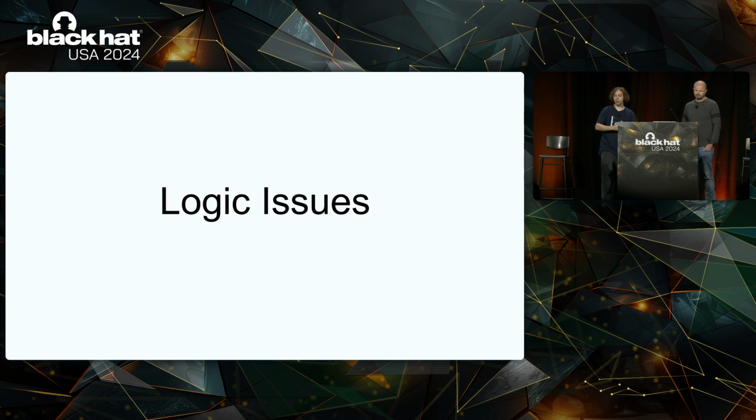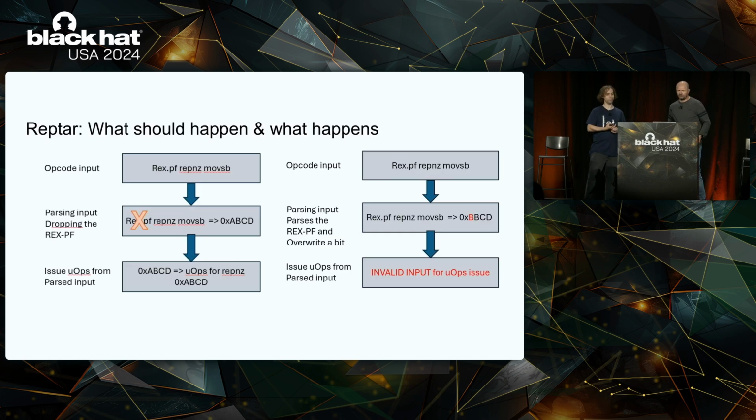All right, let's talk about these in a bit more detail. Let's start with the first category that we mentioned at the bottom, logic issues. One notable example here was Reptar. How does Reptar work? Reptar is about instructions that have implicit rather than explicit parameters, and those are the string instructions on Intel. If you have a REX prefix that is supposed to modify the usage of the explicit parameters